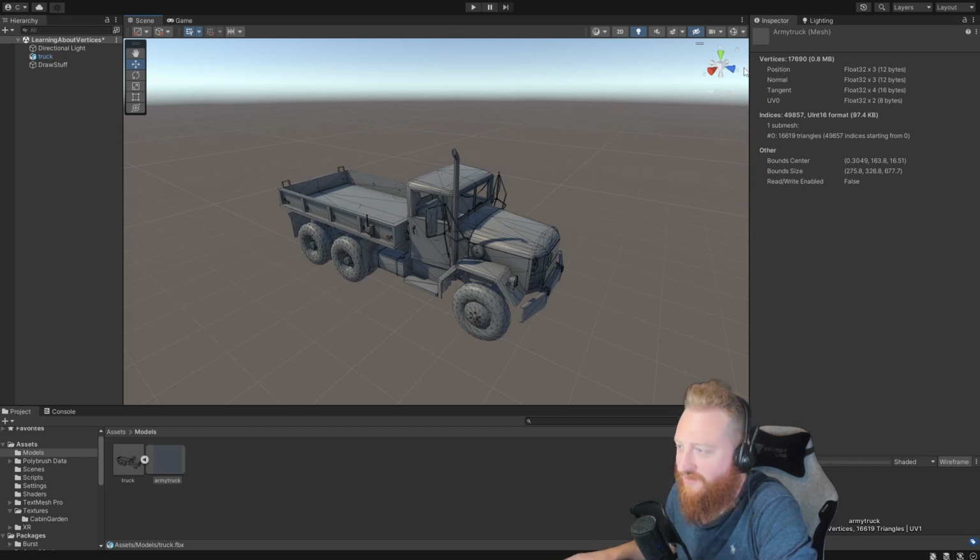So it contains a vector 3 for the position. So you have X, Y, and Z for the position. It has a vector 2 for the texture coordinates because a UV position is only X and Y. And then it's also got a vector 3 for normal, vector 4 for tangent. We can do other things. You can have vector